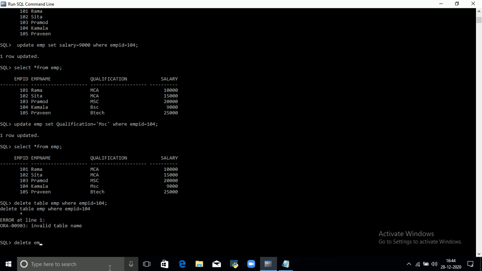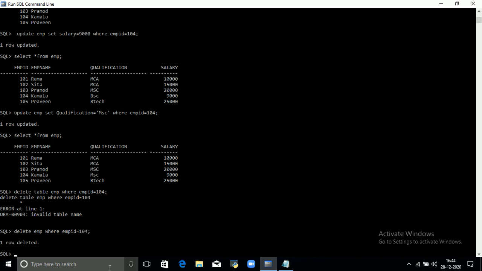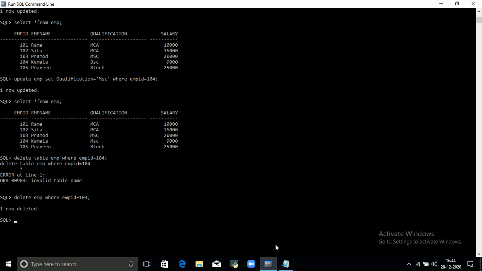So delete table name, where condition. So one row is deleted. Okay, so one row is deleted.